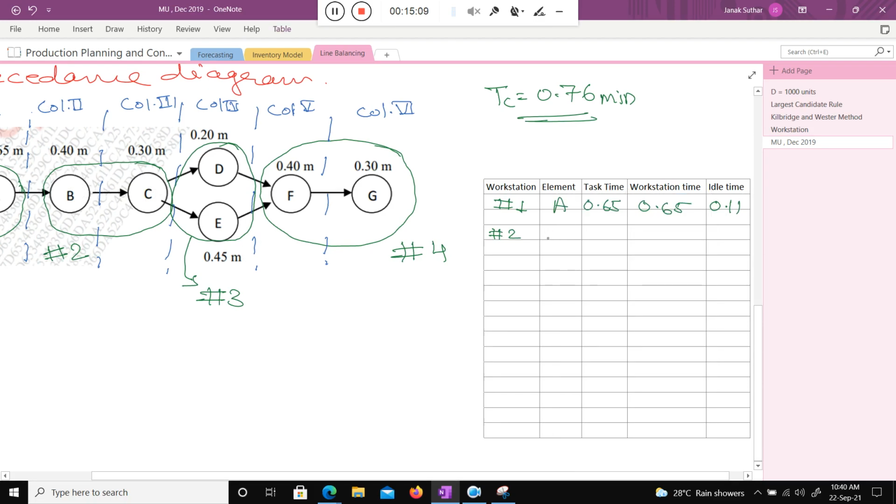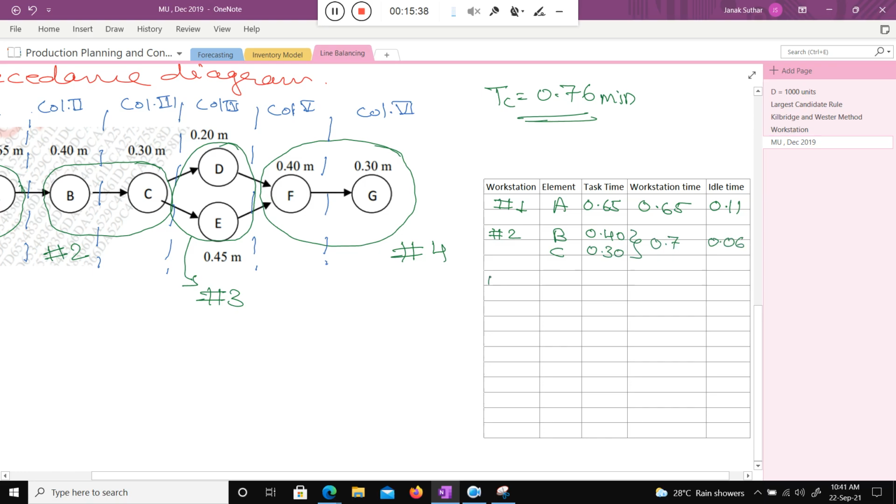The time of B is 0.40, and the time of C is 0.30. The workstation time is the sum of these two, 0.7, and if 0.7 is the workstation time, then what is the idle time? 0.06. Very good, very good.